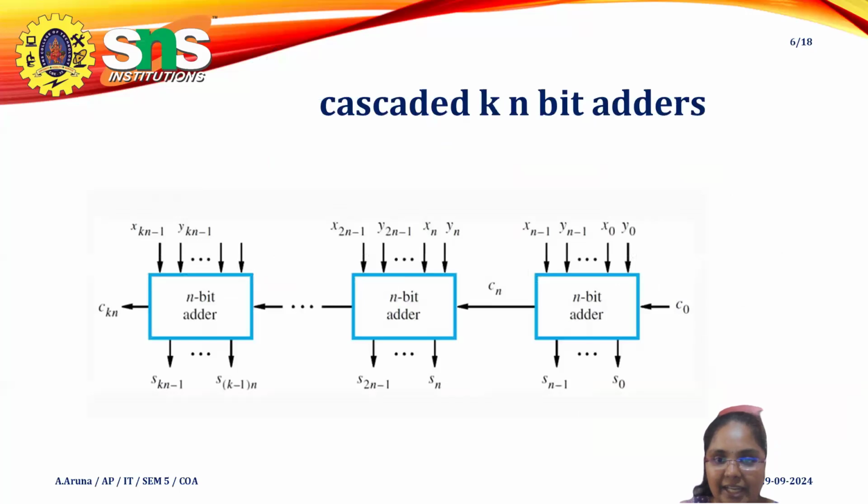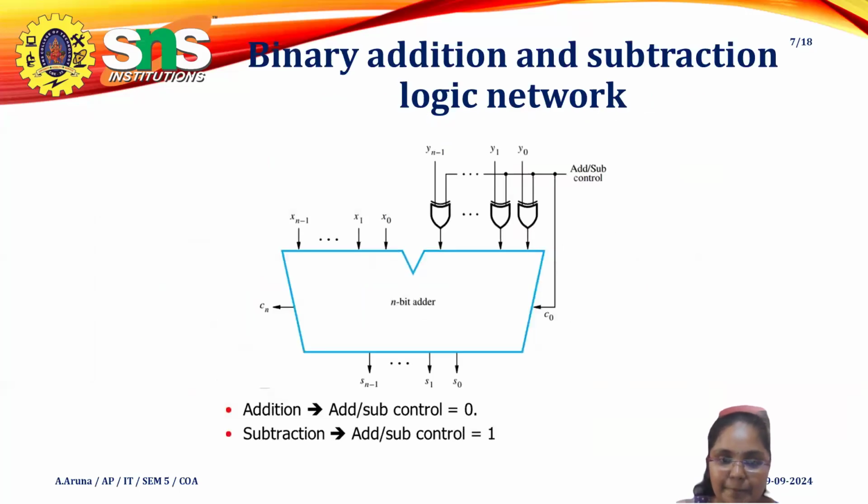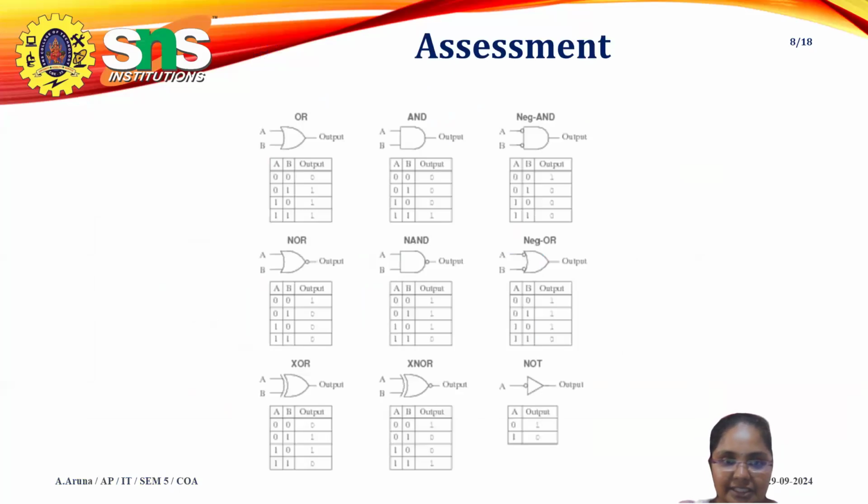It also has a drawback here. This is the n-bit adder, cascaded one after another. This is how it can be present inside our processor. This is a logical circuit, the n-bit adder. The control signal first decides whether I have to add or subtract. I pass it to my XOR gate, and after that I pass it to my n-bit adder. It will produce the sum and Cout. For addition, I pass 0 as my control signal. For subtraction, I pass 1 as my control signal. So this is a simple thing.